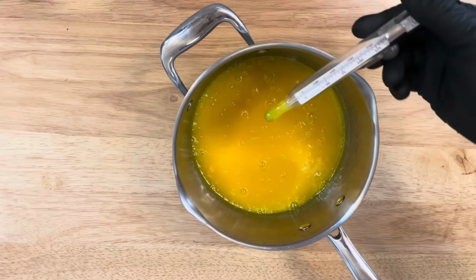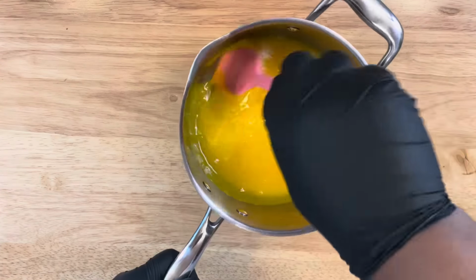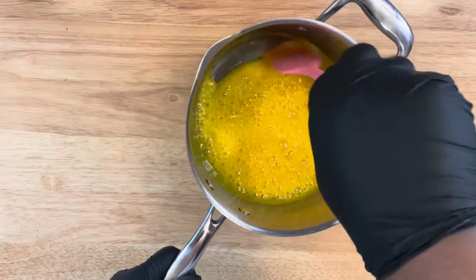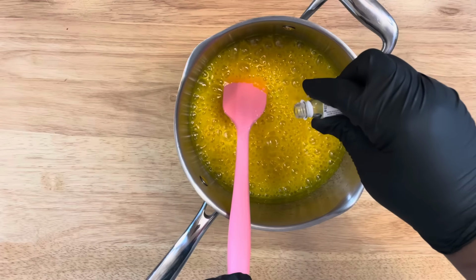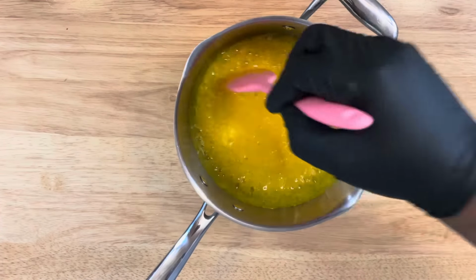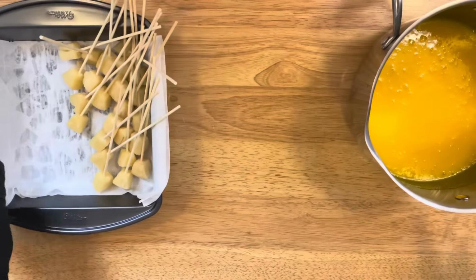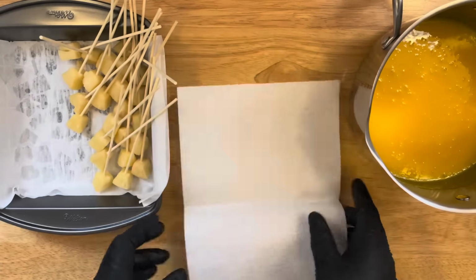All right. So now that we have reached 300 degrees, let's remove our candy thermometer. Place your candy thermometer tip into water to get off that extra candy. Now I'm adding in my flavor, my lemon flavor, and you want to mix that very well. And now it's time for dipping. So I'm getting me a lined